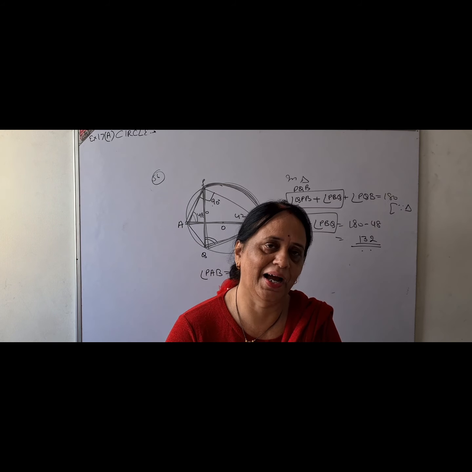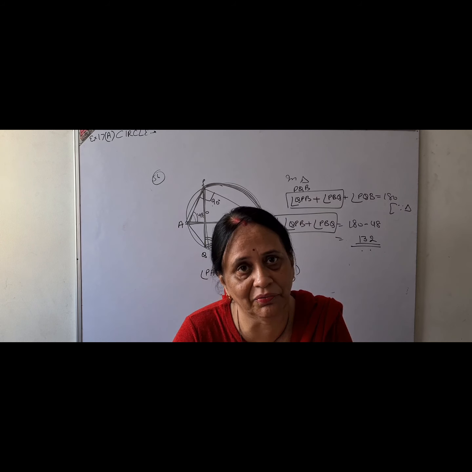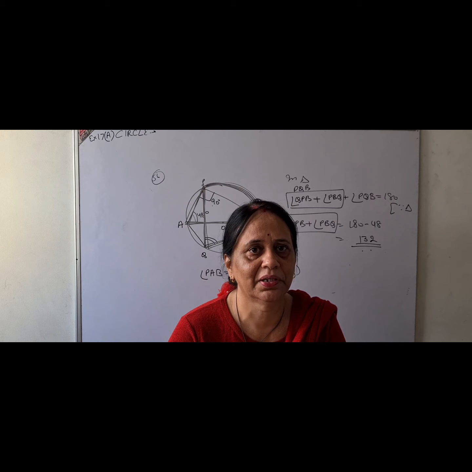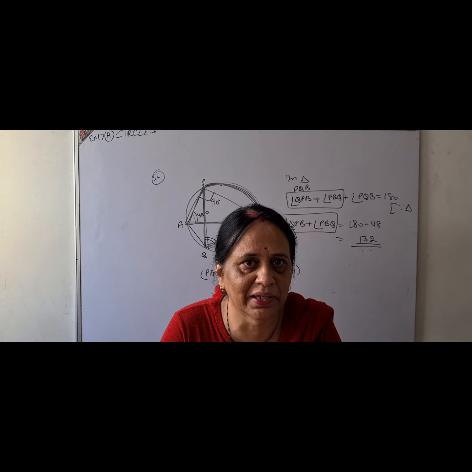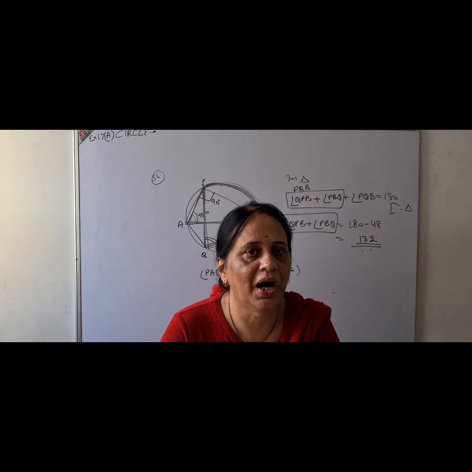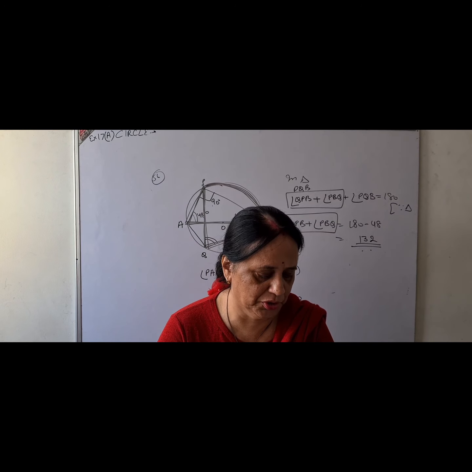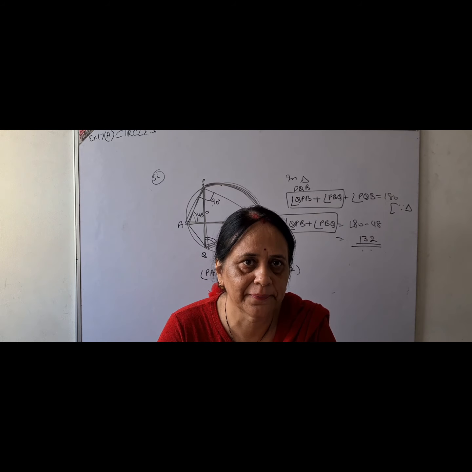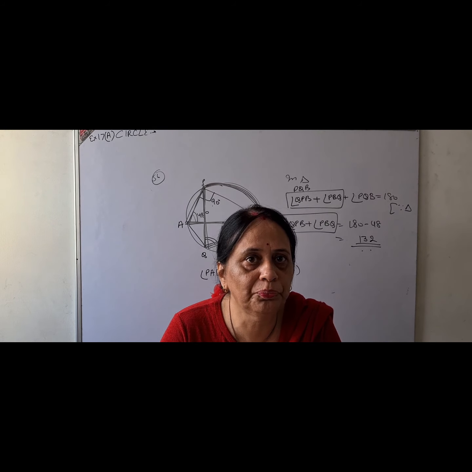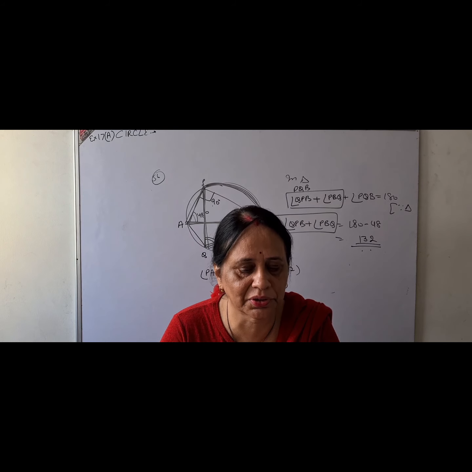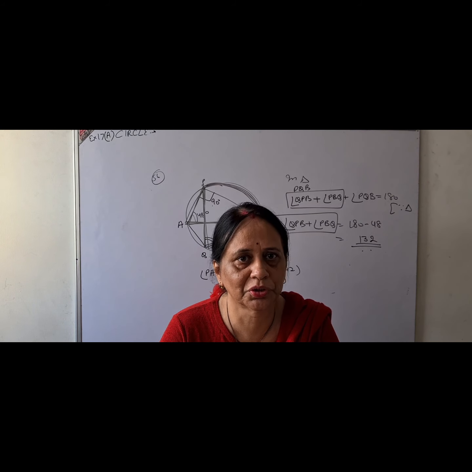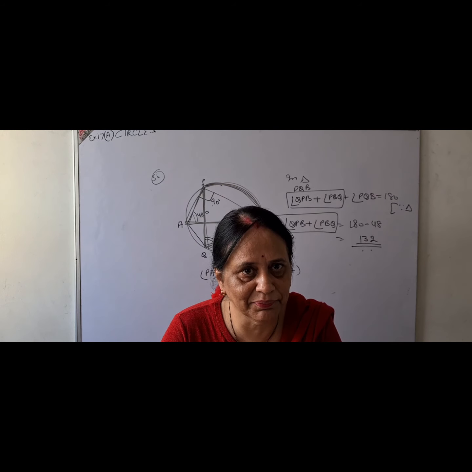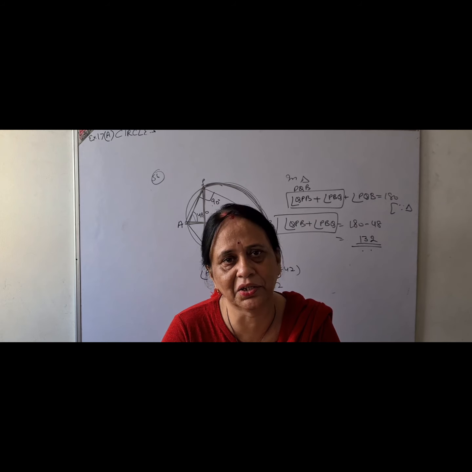So children, see, I have tried my best to make you understand, as I always do. This is your circles chapter, in which the 5 theorems which I explained in the beginning, in the first video, are to be applied again and again. I have covered almost 80% of the sums, and some I have left just because I want you to try it yourself. And of course, your doubts are most welcome. You know your teacher is always there for you. Please try them. They are very easy. Even an average child can do it.